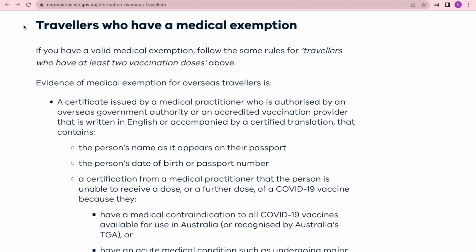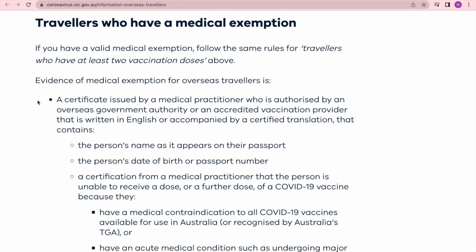Travellers who have a medical exemption. Now, if you have a valid medical exemption, you need to follow the same rules for travellers who have at least 2 vaccination doses, which is above. Now, evidence of medical exemption for overseas travellers is a certificate issued by a medical practitioner who is authorised by an overseas government authority or an accredited vaccination provider that is written in English or accompanied by a certified translation